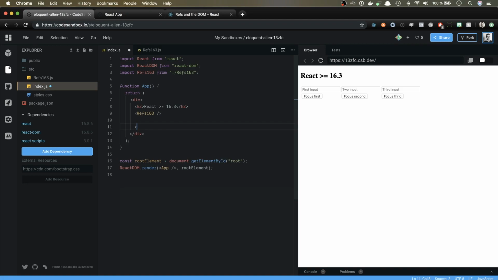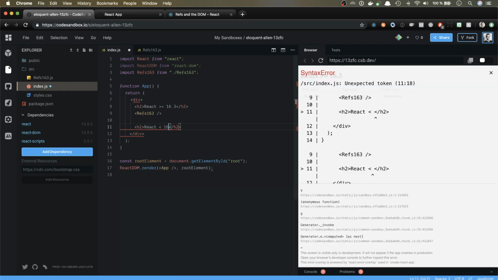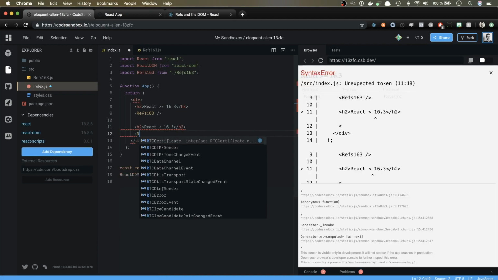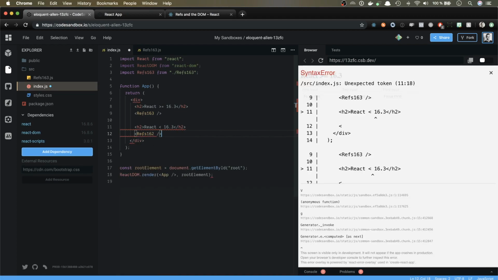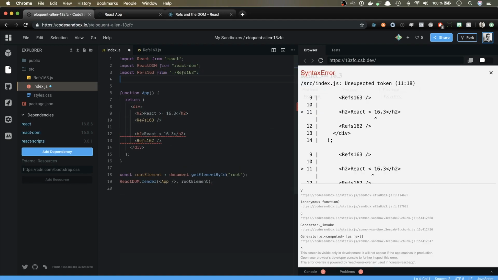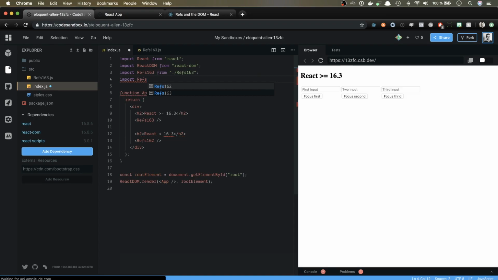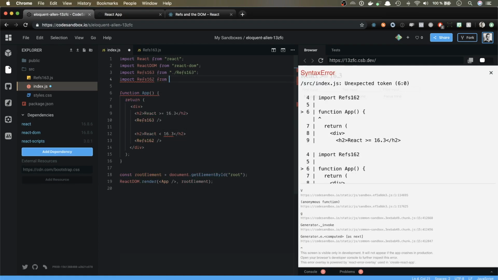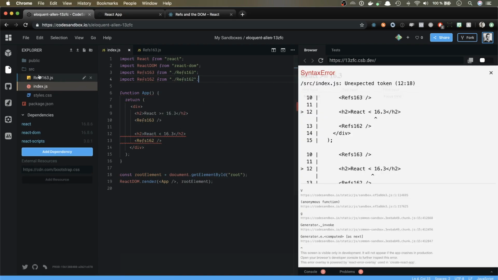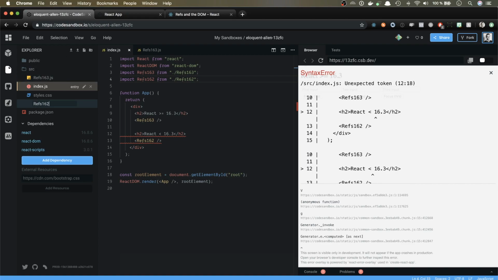So let's create a new header here, React less than 16.3, and below we will create a component called refs 16.2 and render it below here. So I will type in it already 16.2 and import it, import refs 16.2 from refs 16.2, and then we create the actual component refs 16.2.js